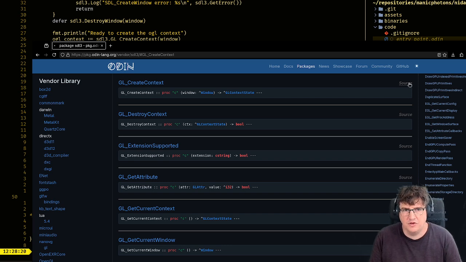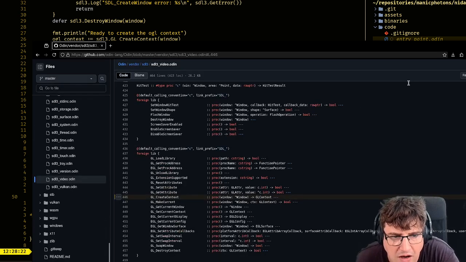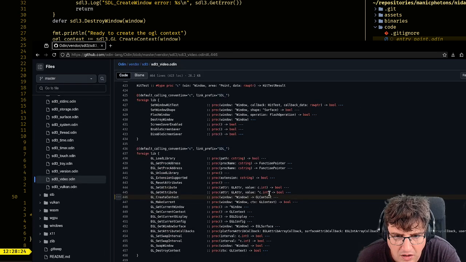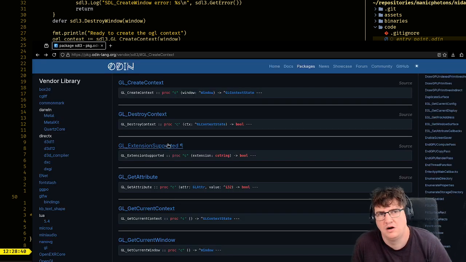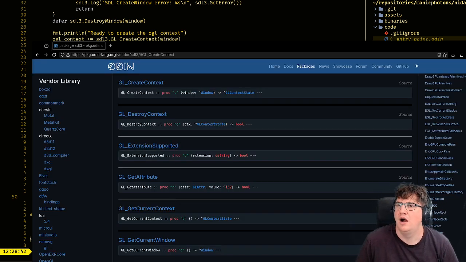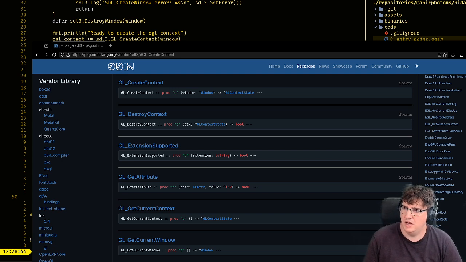Let's look at the source code of it. Okay.